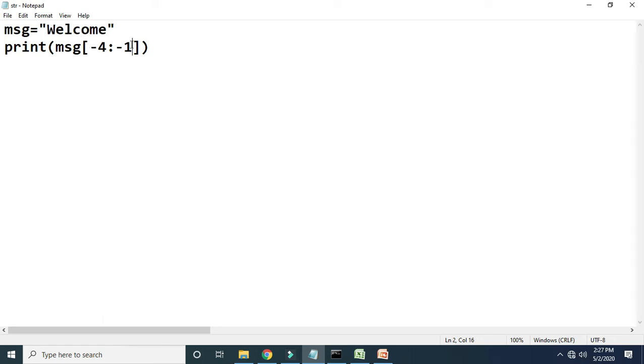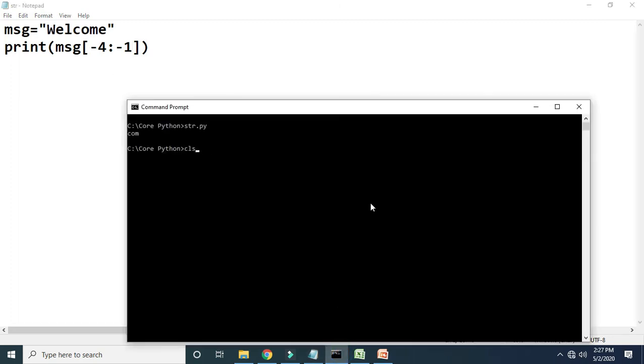Now if we pass a range like this, then in this case, at index 4 which character is there? If we assume that the string starts from the right side, at index 4 L is there, and at index 1 which character is there? That is M. Okay, so if you pass the start range as 4, then it will start from the character which is present at the fourth index, and it will come up to 1. So the output will be com for this range -4 to -1. Okay, so I want to show you the output here. See here, we have got the output as com.